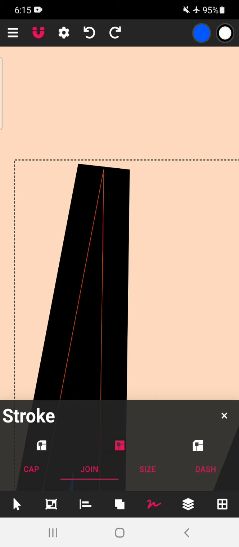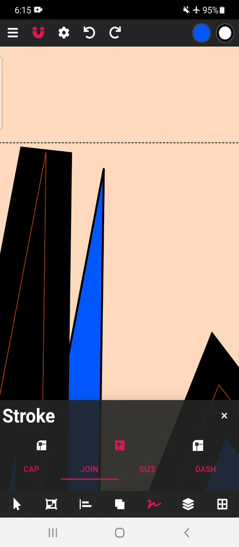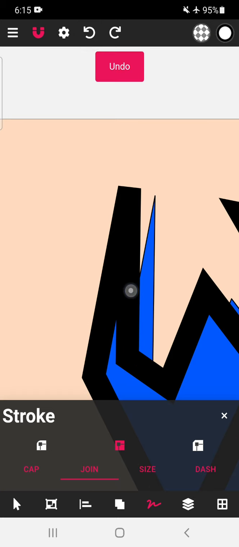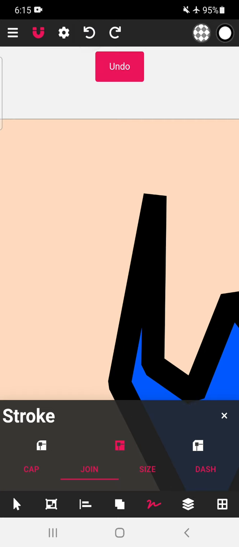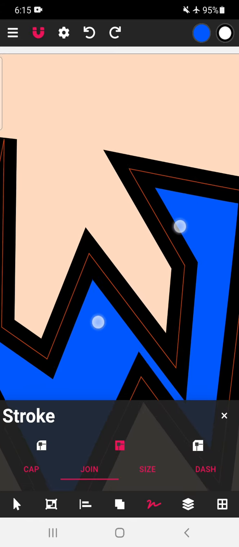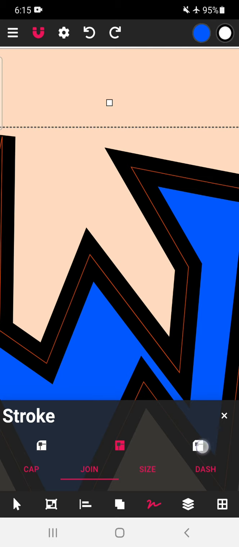So this particular option is there in stroke join. Tap over here and this cap option is there. So if you tap on these particular points, you can see it is making changes in this particular stroke.